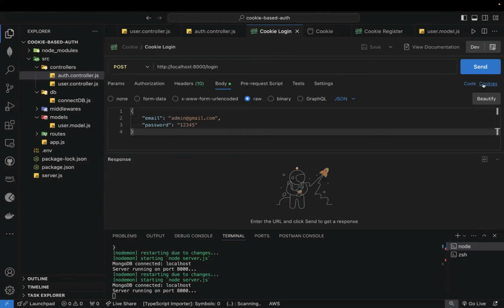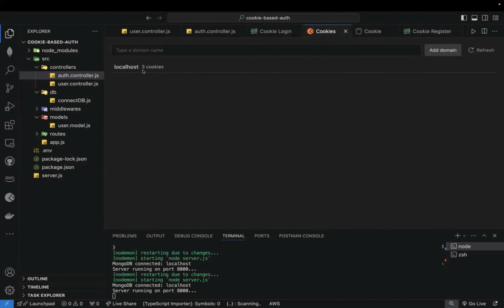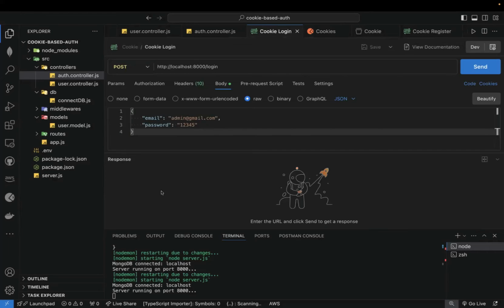And I'm going to come to cookies. Now I can leave that one. So notice that. Let's go to cookies now. Notice that I have 3 cookies here. If I click on it, there is JWT, there's session token, and then there is refresh token. So these are the cookies that we have here. So take note of that. And here in the response, we have nothing. If I click on login,